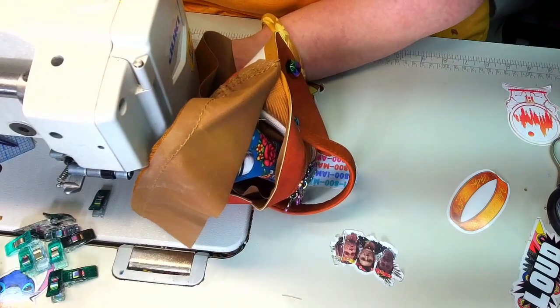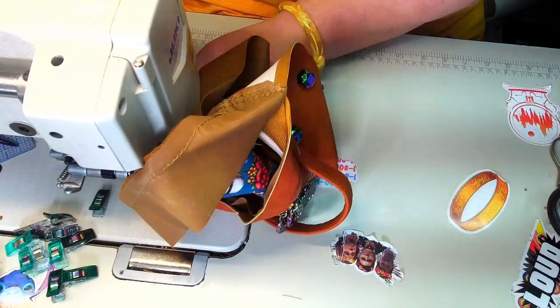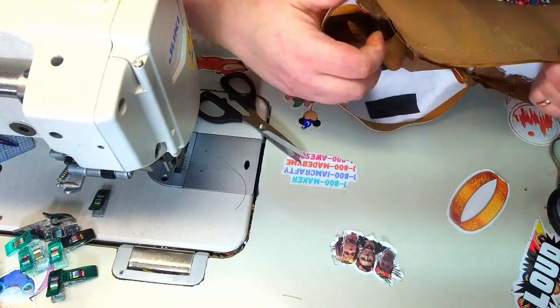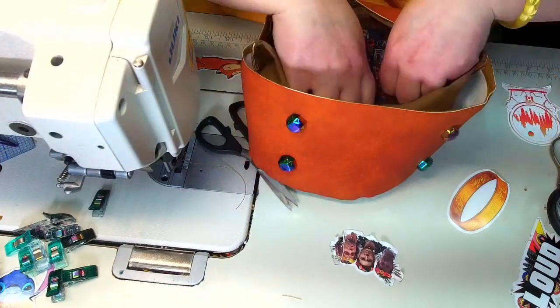And get as close as you can without sewing into the next seam. All right. See how now when we tuck that in,